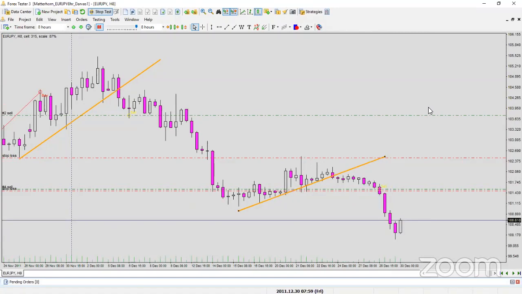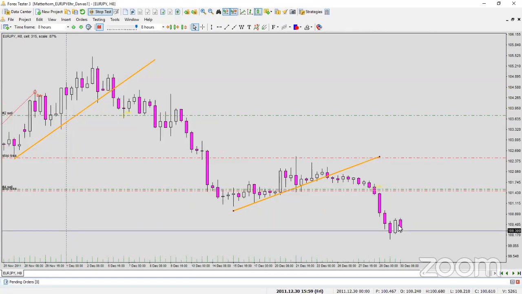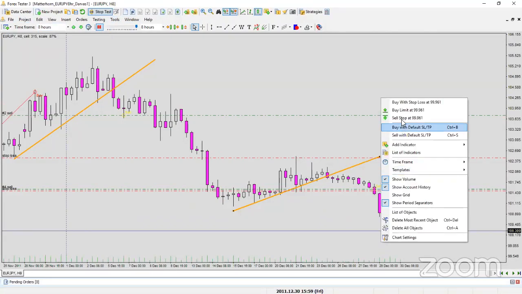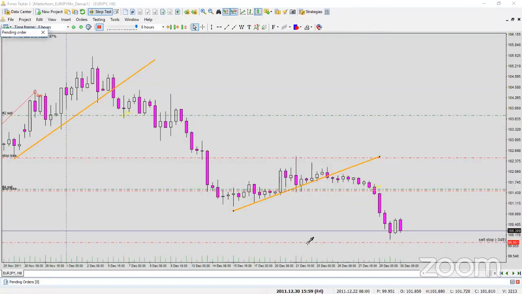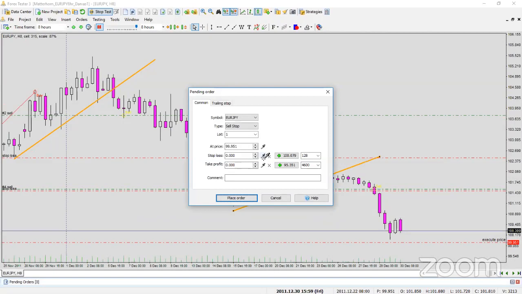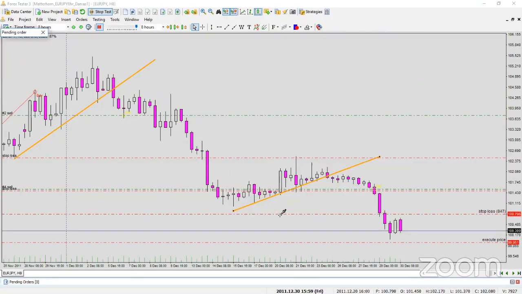Okay. So we've come up here. Is this a reason to buy? For me, the answer would be no. It's not a reason to buy. I would not want to buy right now. But in the case that this is a box here, I'll put my sell stop order here, and I'll put another stop loss up here, just in case